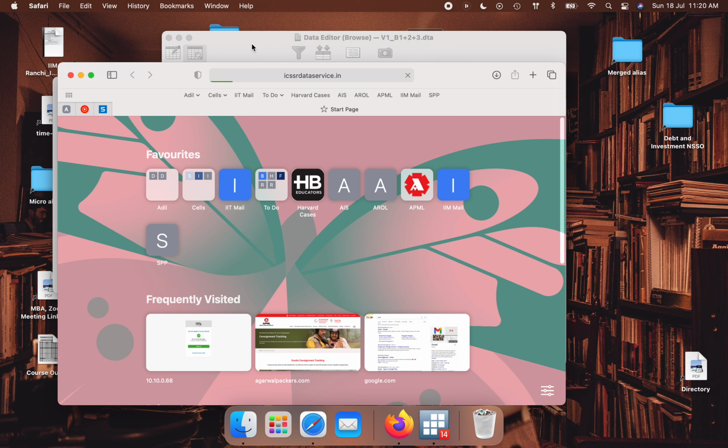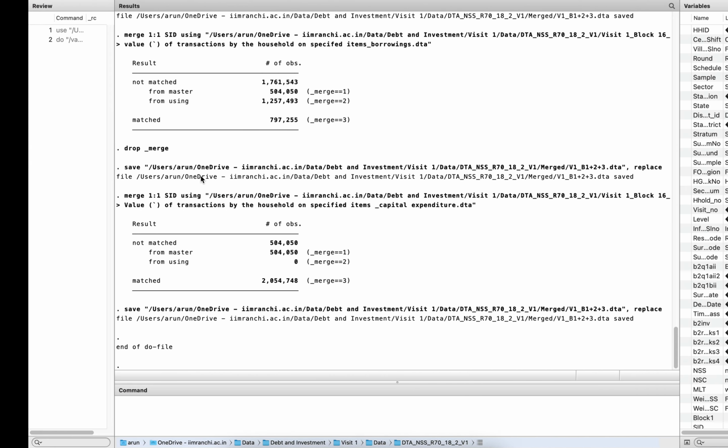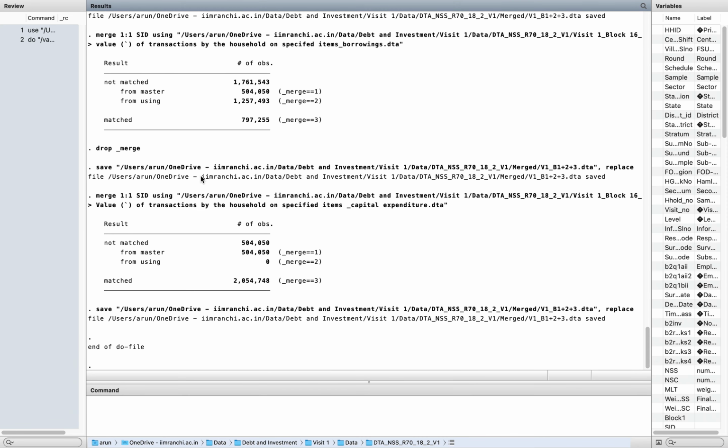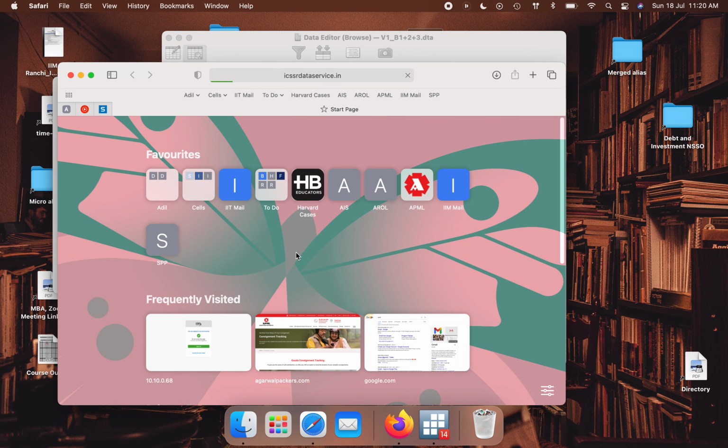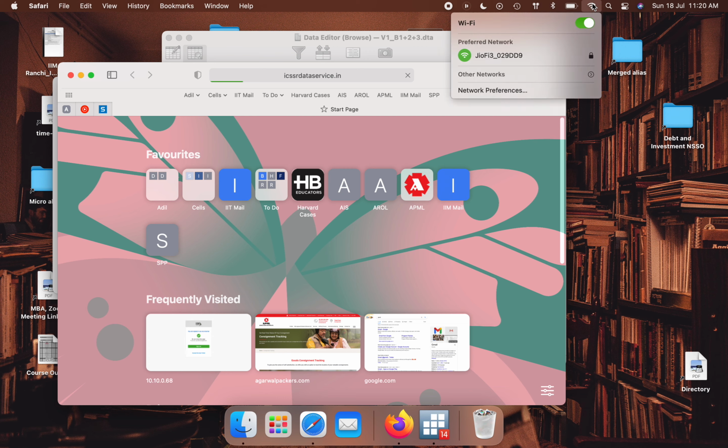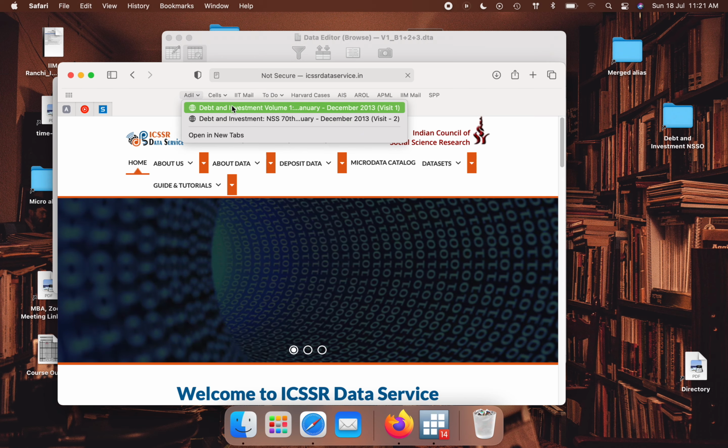Meanwhile, I'll show that some variables are required for merging the entire data set. The first one is HHID. This HHID is required when you are merging the data, but a problem comes while using it, and the problem is that this HHID repeats multiple times. So in order to stop that repeating, we have to take some measures. Just a minute, why is this not working? Yeah, now it is working.